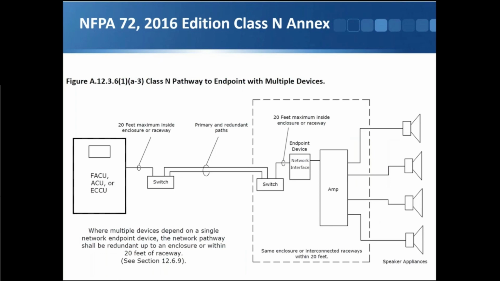This is kind of an interesting one here, where the question came up from a mass notification company. Can they have their racks of amps? What do they have to do to install those? So here we're showing, it's always been in the code. I hope you can see my cursor here. I think I might be able to put a pointer in there, like that laser pointer. Okay, so here we're showing 20 feet